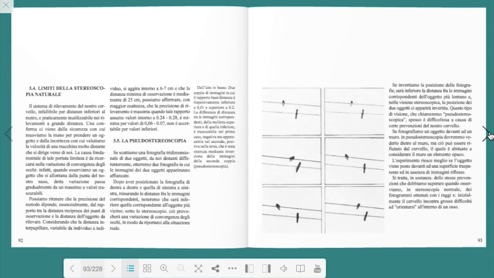Page 93. If we photograph an object in front of a wall, in pseudo-stereoscopy we should see it behind the wall, but this can be rejected by the brain, which is used to considering the wall as an opaque element. The experiment is better if the object is placed in front of a transparent surface and in the absence of reflected images. It is, in essence, the same prevention that we have to overcome when we observe, in normal stereoscopy, the frames obtained with X-rays. Initially the brain encounters great difficulties in orienting itself inside a bone,